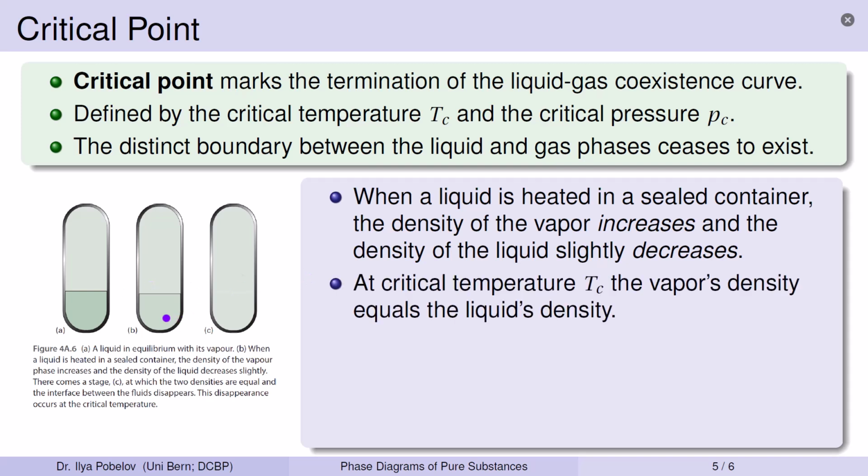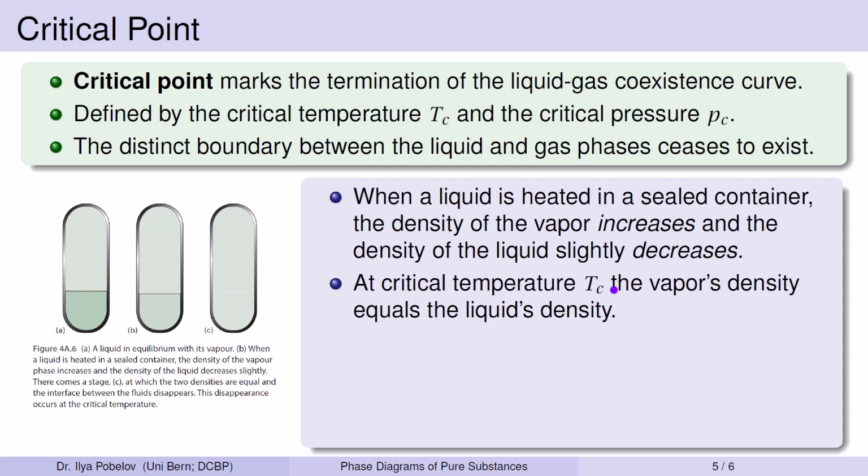As the temperature continues to rise, there is a critical stage depicted in figure C, where the vapor's density equals the liquid's density. At this point, the interface between the two phases vanishes. The temperature at which this interface disappearance happens is the critical temperature Tc, and the associated vapor pressure is the